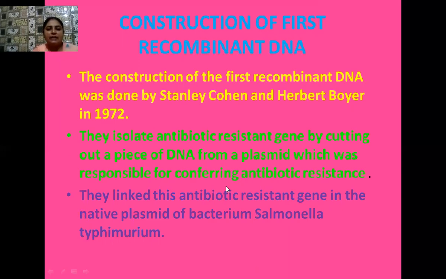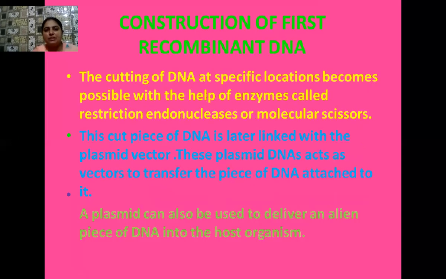So from this bacteria they isolate the antibiotic resistant gene and they want to insert it into a new bacteria, E. coli, which does not have such a gene. So I have already discussed that for cutting purpose they have used a specific type of enzymes, and these are restriction endonucleases. They are popularly known as molecular scissors. And they inspect the DNA segment, they identify the palindromic sequences, and later on they cut the DNA. So in this way, a piece of DNA containing the specific gene of interest is there.